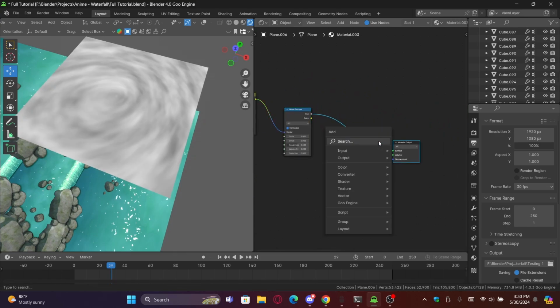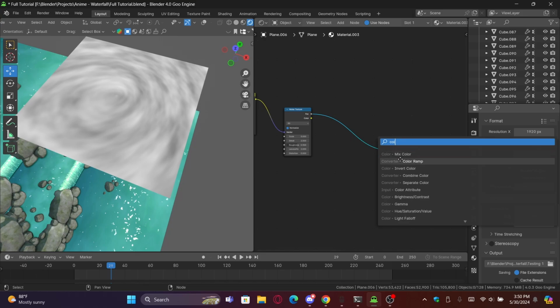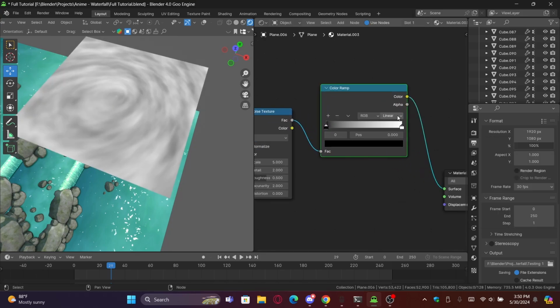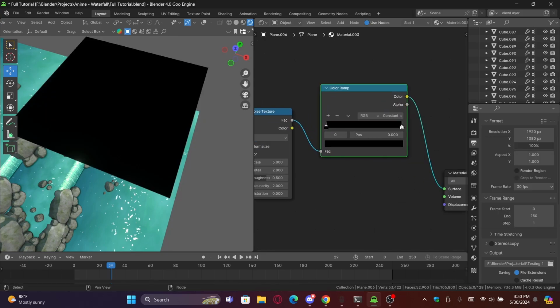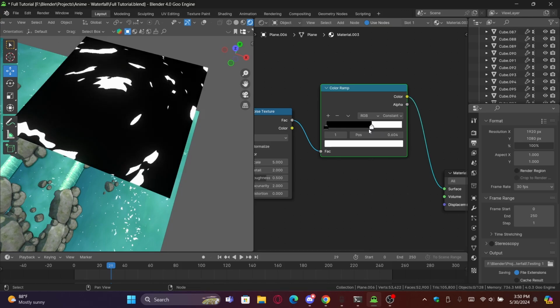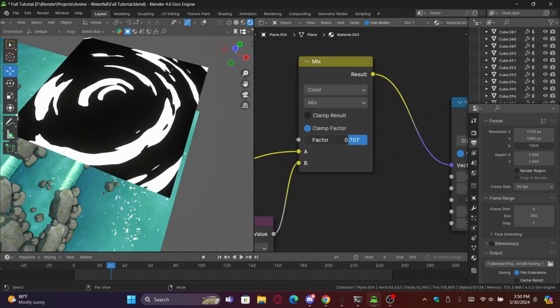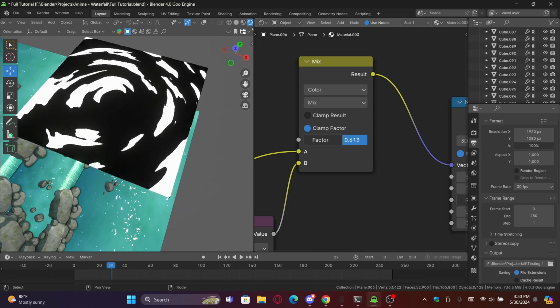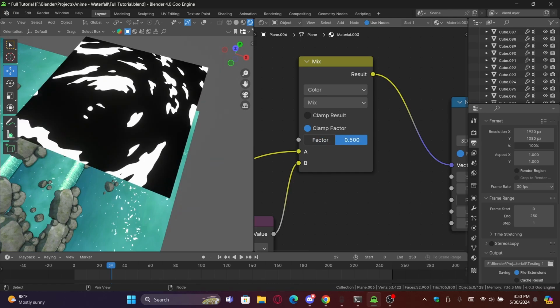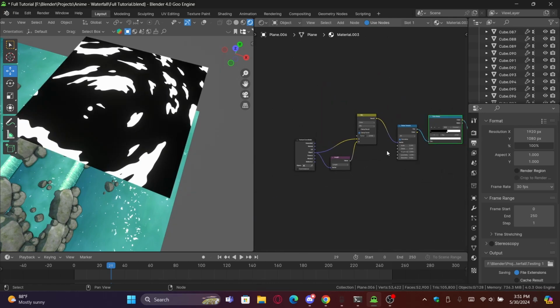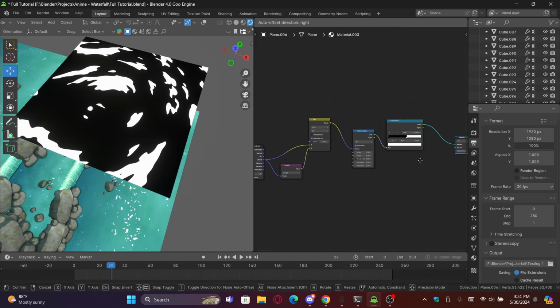And if we add a color ramp, so we can see the results much clearer, we can set this to constant. Then I'll slowly drag this down. And then I will go ahead and mess with the factor. You can see that we are starting to see some vortex here, like a whirlpool. So what we will do here is we will go ahead and actually